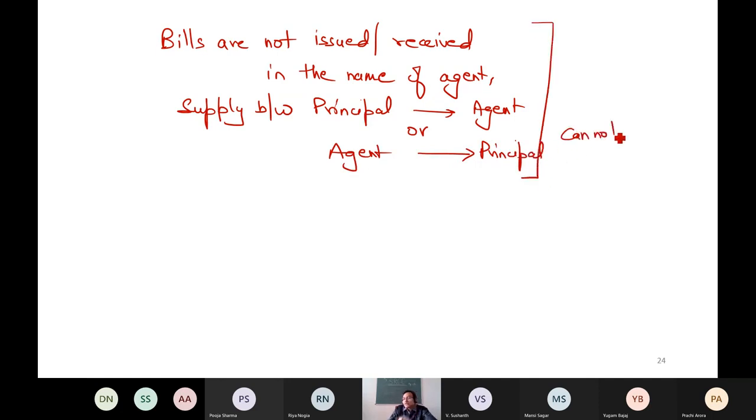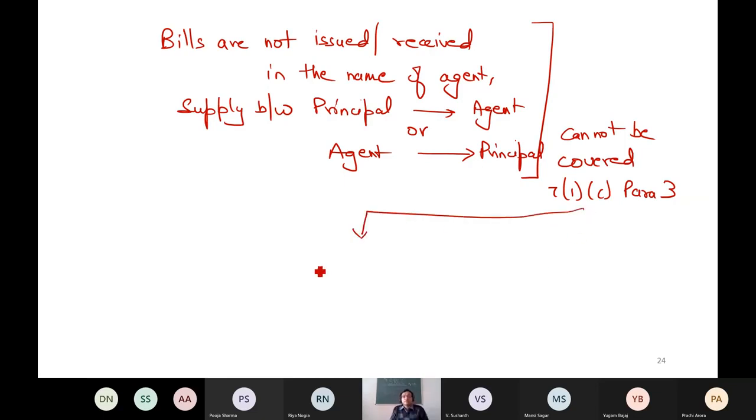I'm simply using this word. Do remember, cannot be covered under 7(1)(c) paragraph 3. But I am not saying that it is not treated as supply, because if it is not covered under 7(1)(c), it does not mean that you will take a decision that it is not a supply. You have other sections also. What section you have? You have section